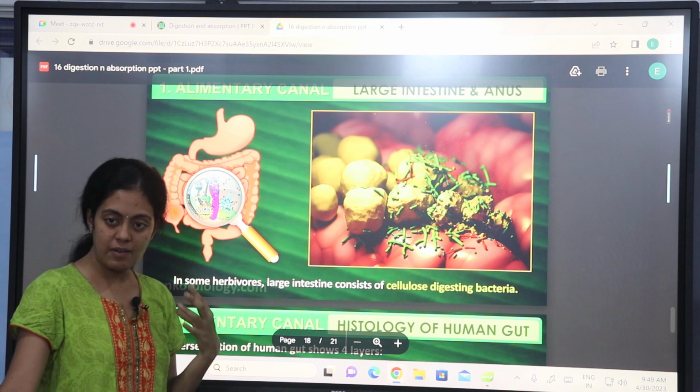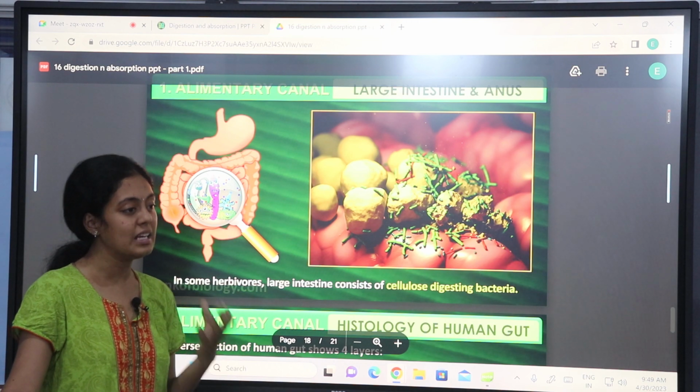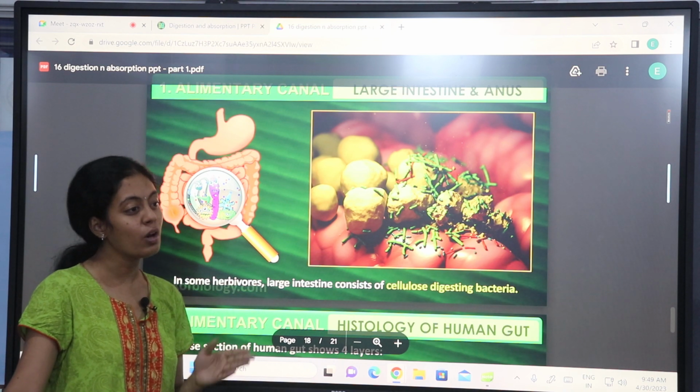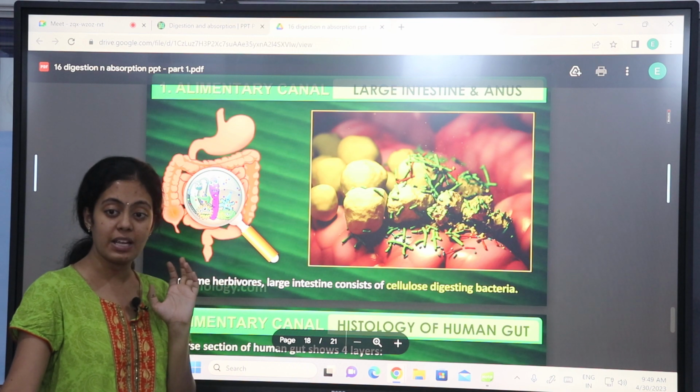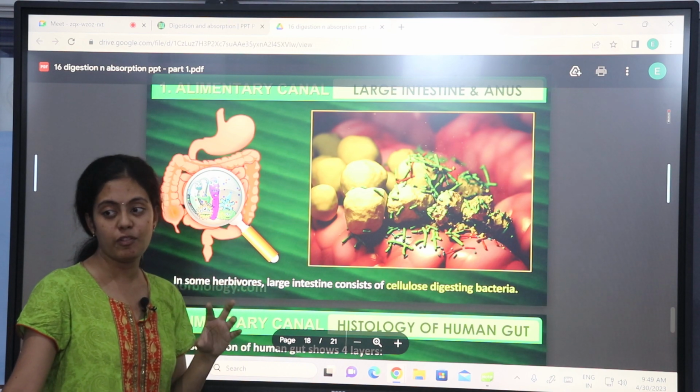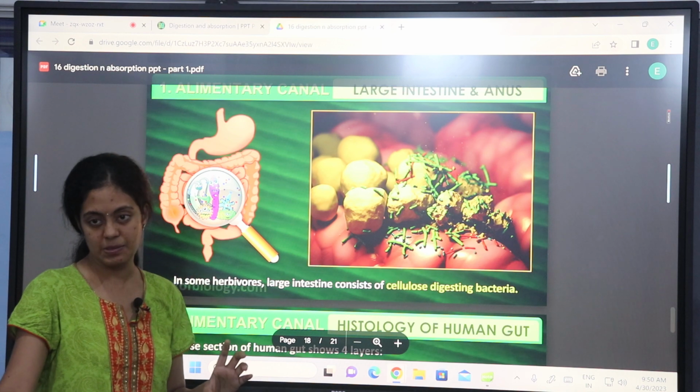Though they are very nutritious, you're not supposed to take green leafy vegetables late at night or late in the evenings. It's always advisable to take them in the afternoon, because it puts a lot of pressure on your digestive system. Okay.